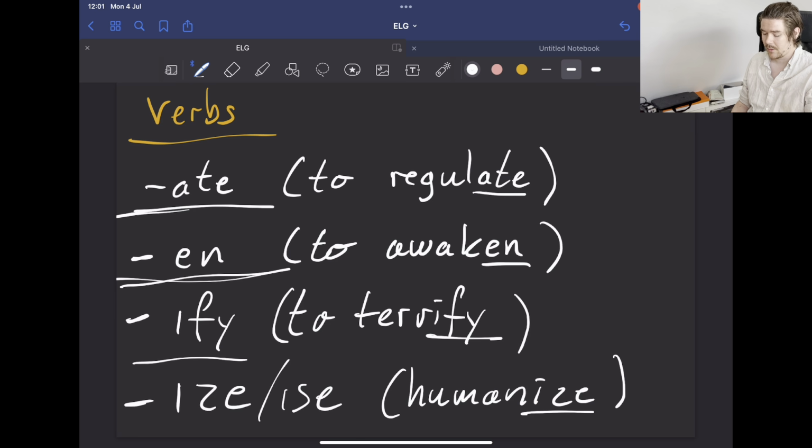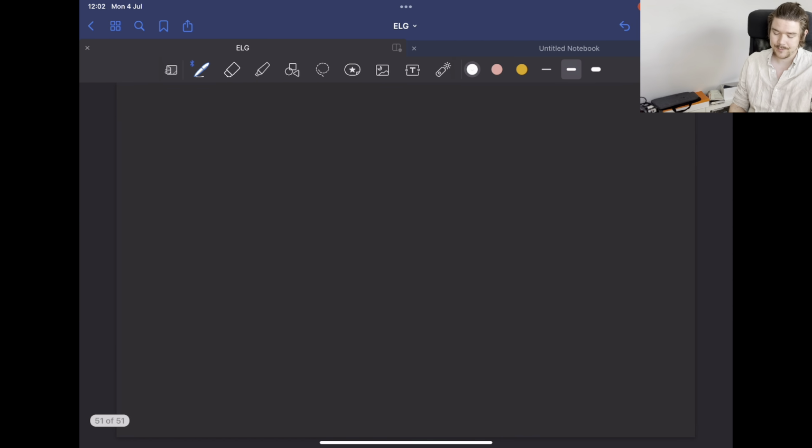So these are the main verb morphemes. Now all of these are at the end, which means that they are suffixes. I can mention that at the end, but when you hear prefix and suffix or affix, these are all just fancy words for morphemes. Okay, so those are the verb morphemes. Moving on, we have